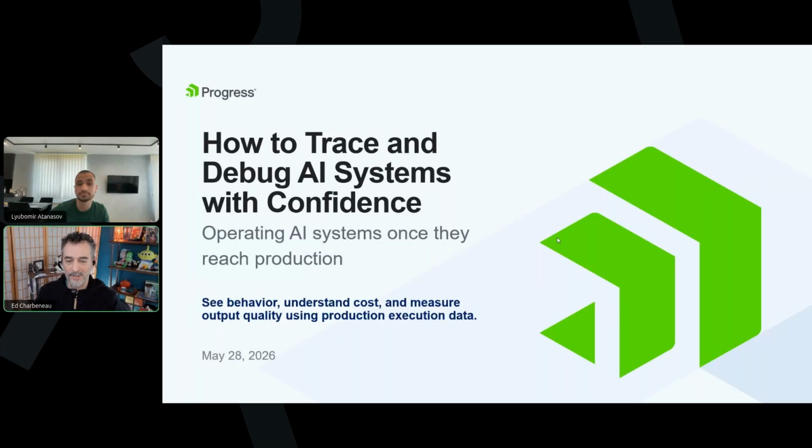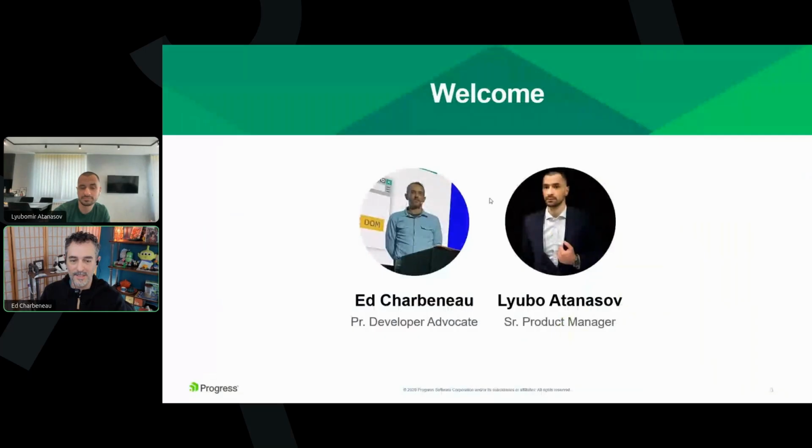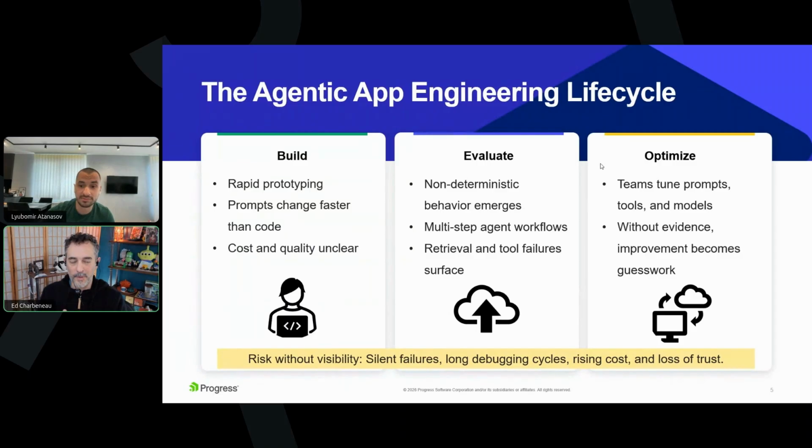We're going to be talking about tracing, observability, and AI in agentic systems today. I'm your host, Ed Charbonneau. I'm a principal developer here at Progress Software, and I am joined by Lubo Atanasov, the senior product manager on the observability platform. We're going to start off by talking a little bit about the application engineering lifecycle when we're